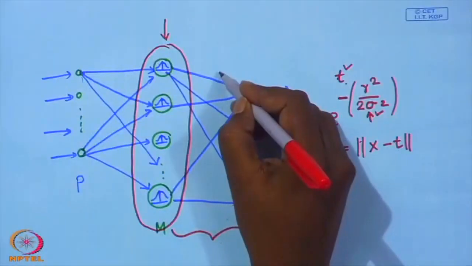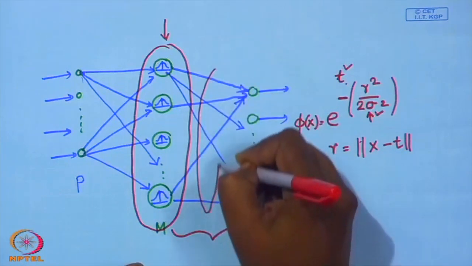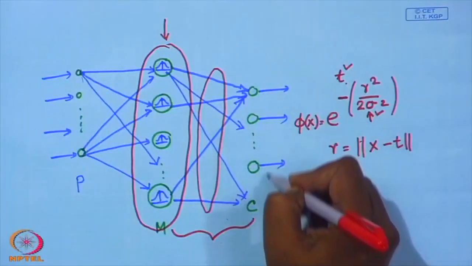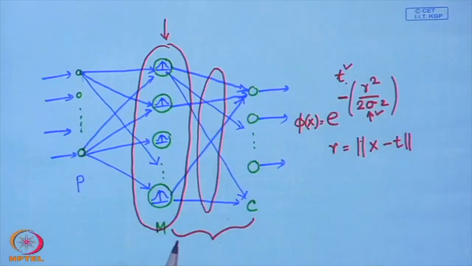And at the second level, I have another training operation by which I have to train the weight vectors which connect the outputs of the hidden layer nodes to the output layer nodes, because it is the linear combination of the outputs of the hidden layer nodes which decides to which class a sample will belong, and that will be available at the output of the output layer nodes. So, let us see how we can train